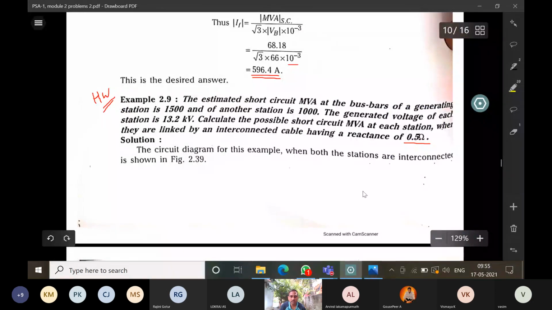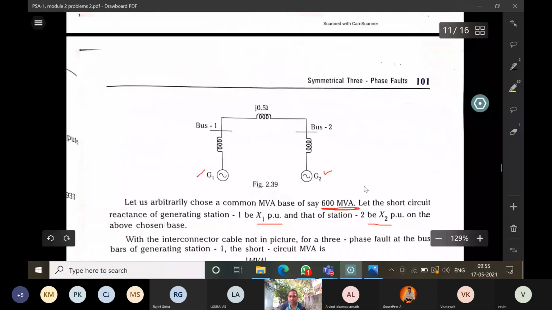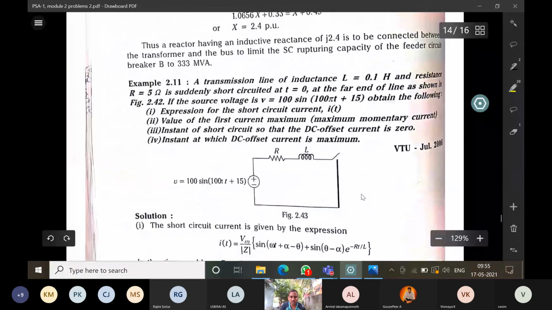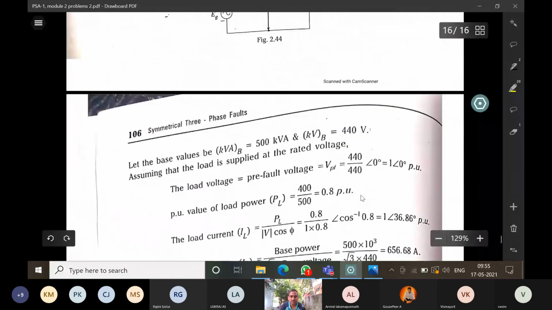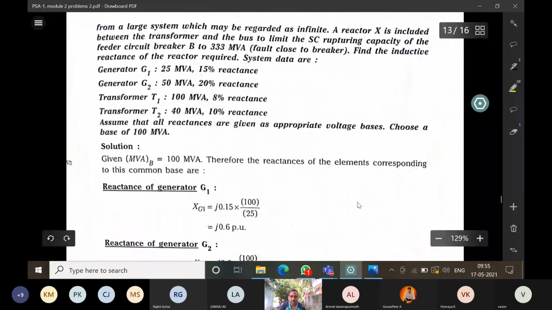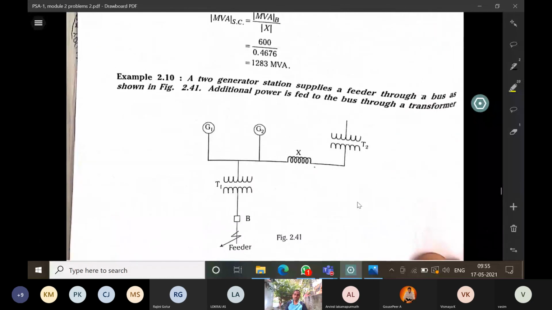Okay, and we will solve some more problems in the next class. I think another 3 problems are there. If you do these things, it will complete this second module, and then we will move to the third module. So tomorrow we will finish this module. For that purpose you need to calculate very quickly.